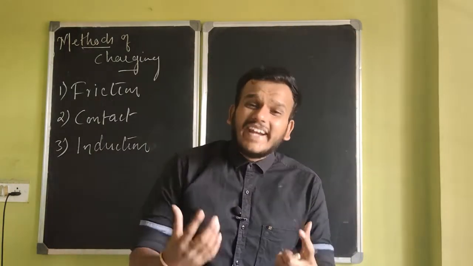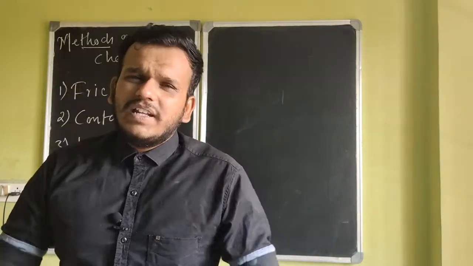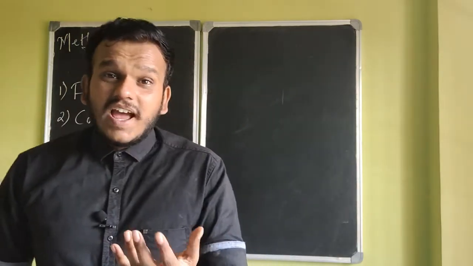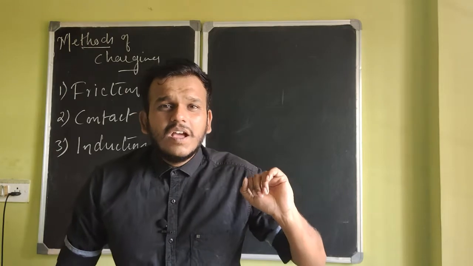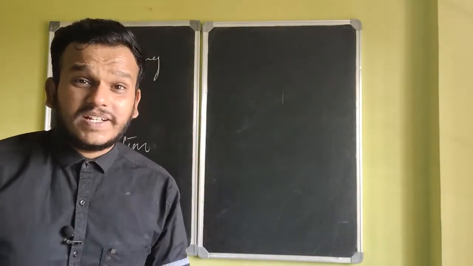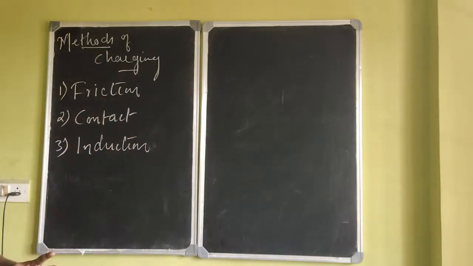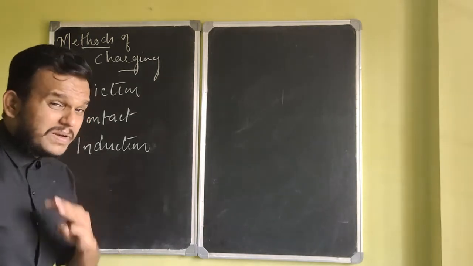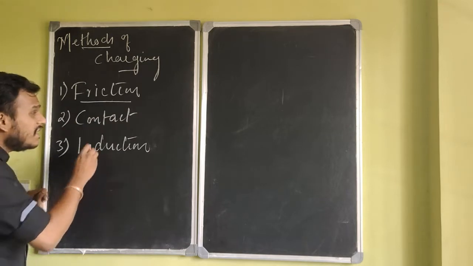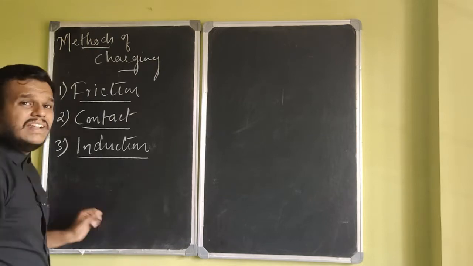We basically tried to get to know what charge is in the previous video. So we learned what is charge, how objects obtain charges, and we saw properties of charges, fine. But we left one important question unanswered, that is, how do you charge objects? To answer that, there are three fundamental methods, at least as discussed in NCERT. One is charging by friction, then charging by contact, and then charging by induction. Okay, let's see them one by one.